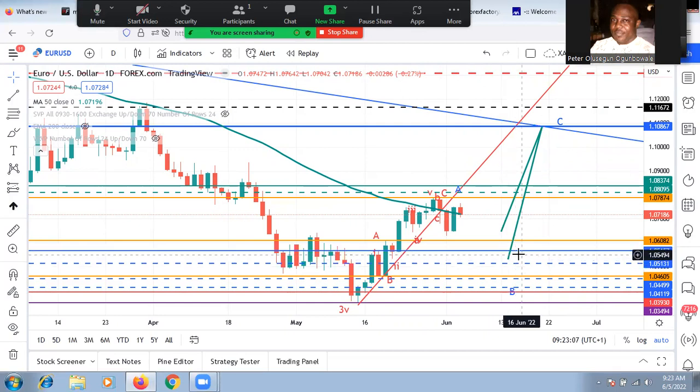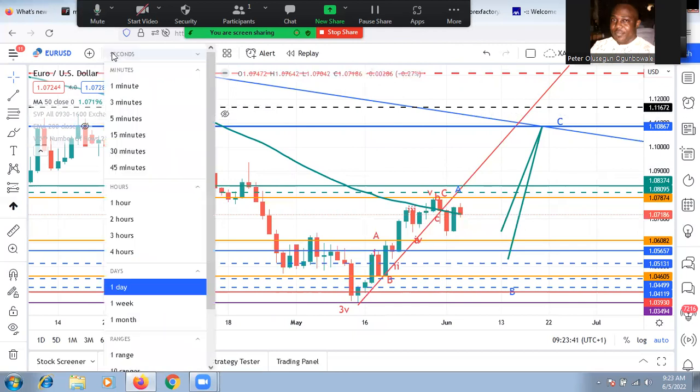But again, I will tactically want to also look at what this one is going to do in the middle, because for all you care about, this may just be A of this leg, and this may just be B of this leg, and that the C of the leg is coming down. And afterwards, it's going to bounce up again. That is what I can see here. So we must be ready to exit any minute that this one touches down. So you don't want to lose that. So let's look at it further on